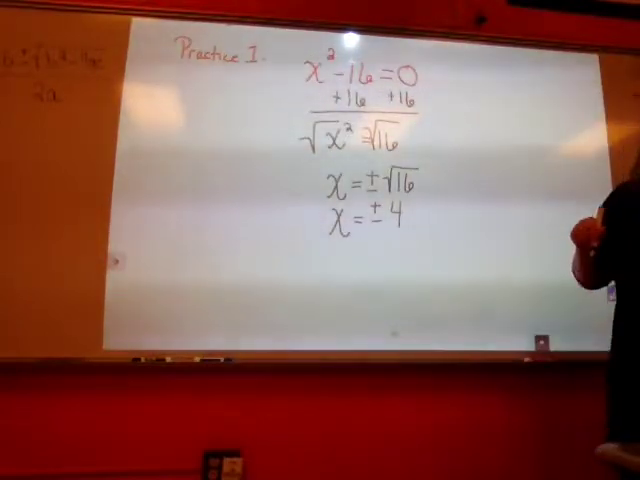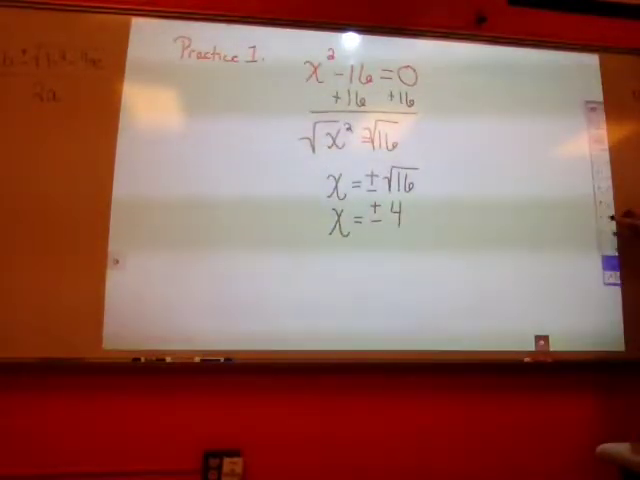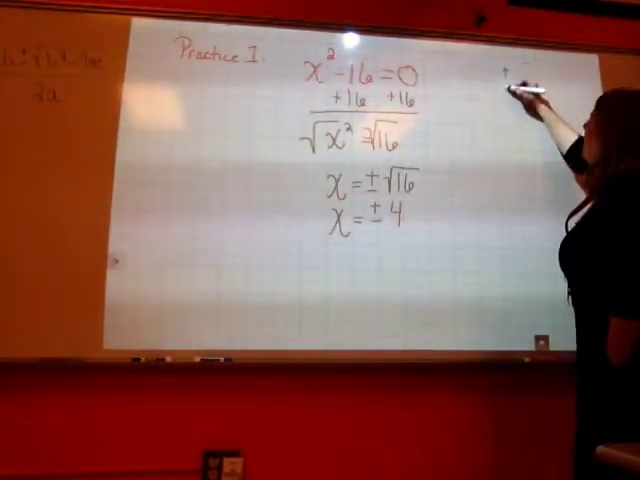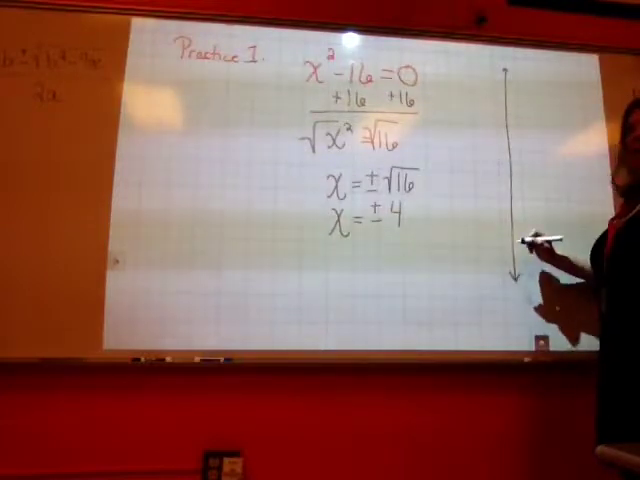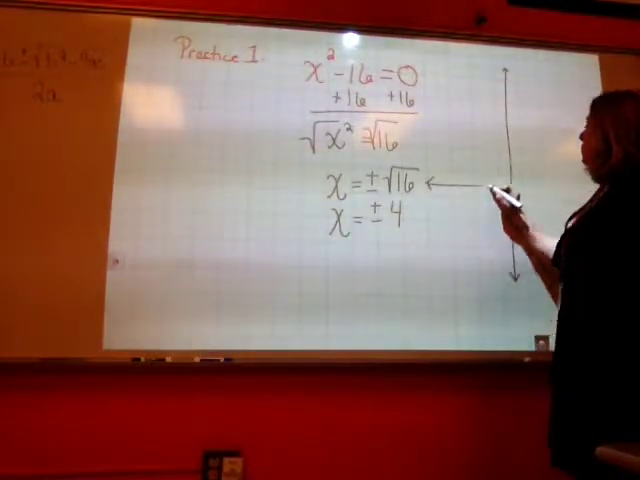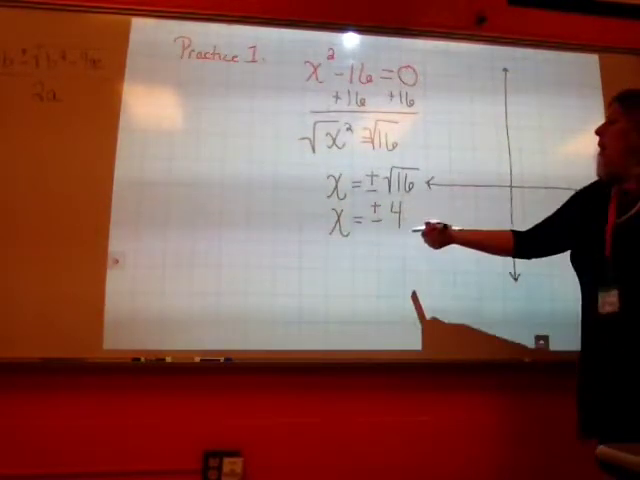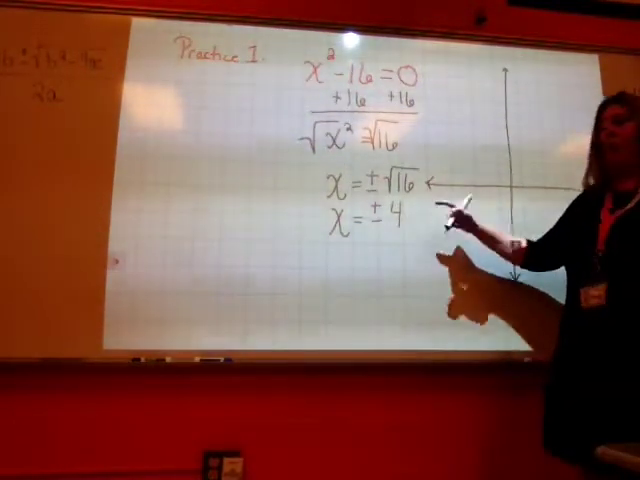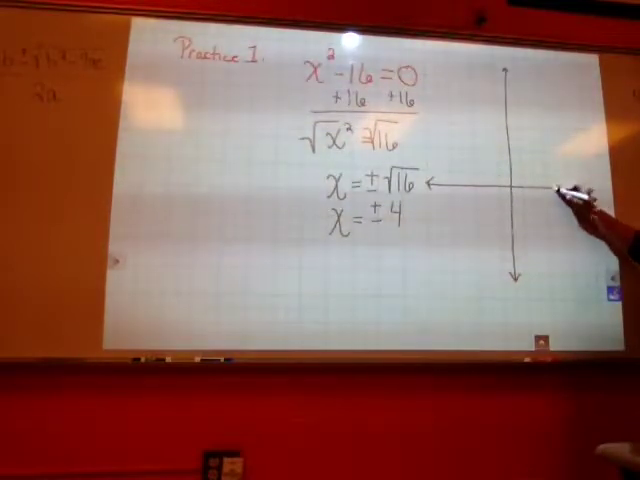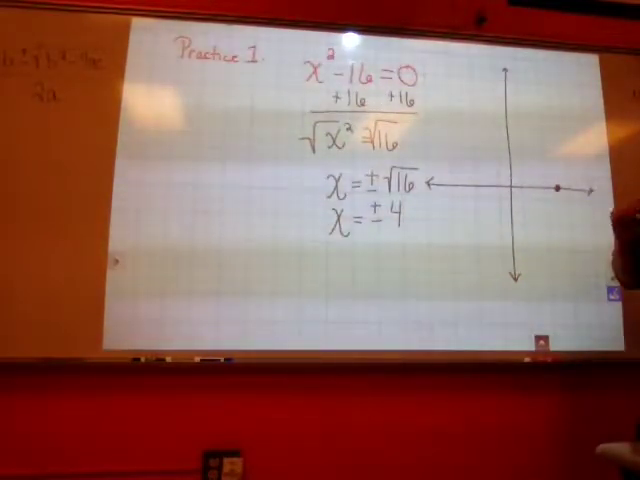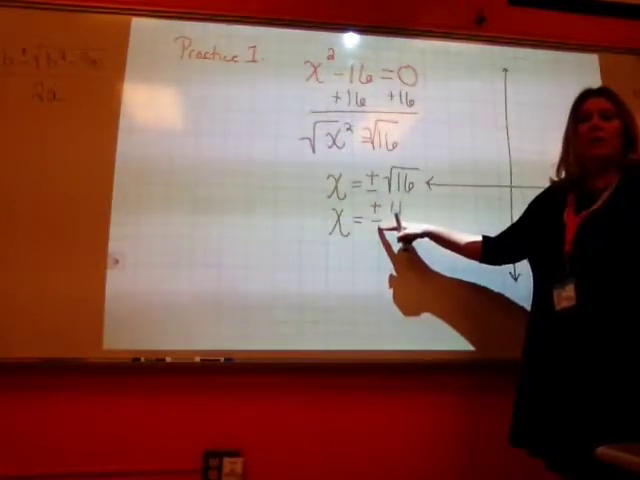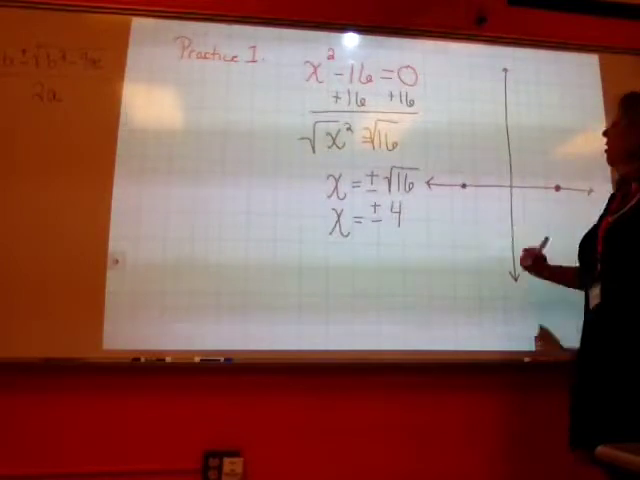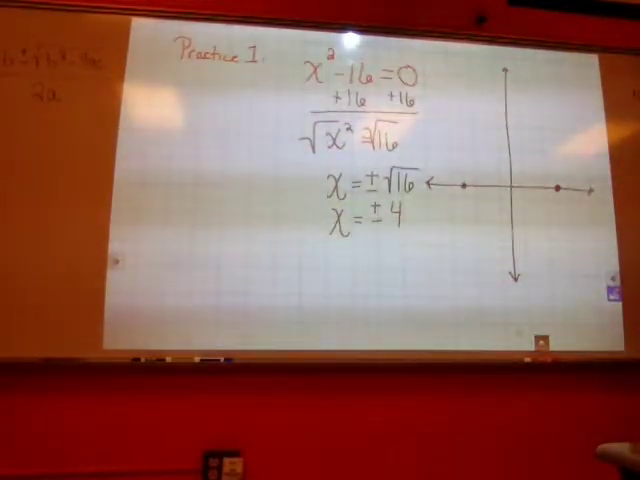So what that actually means is that when I get ready to go graph my parabola, one of my x-intercepts is going to be at positive 4. So I'm going to go 1, 2, 3, 4, and that would be one of them. Another one would be at negative 4, so 1, 2, 3, 4, negative 4. So now the only thing I need to find out is how